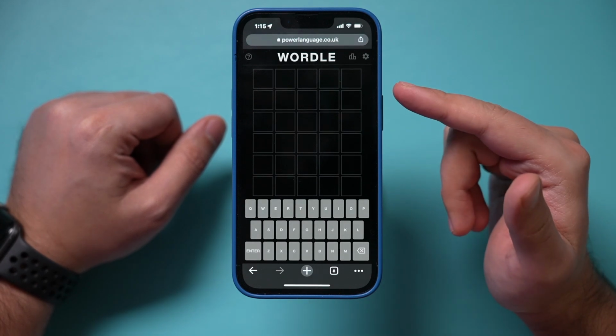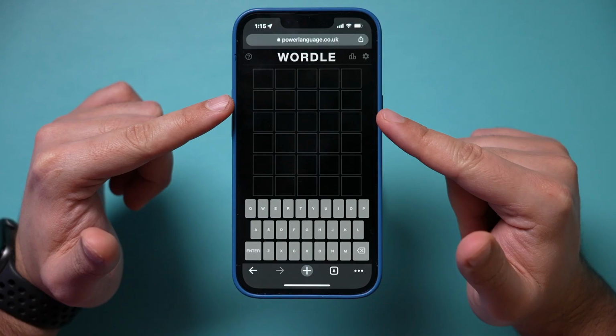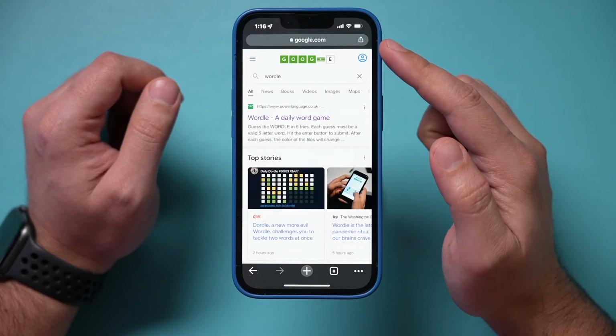Wordle is a daily word game, and in this video I want to show you exactly how to access it and how to play it. It's one of the most visited websites right now, and you could access it on your phone or on your computer. One of the easiest ways to access it is to go to a browser here and just go to google.com